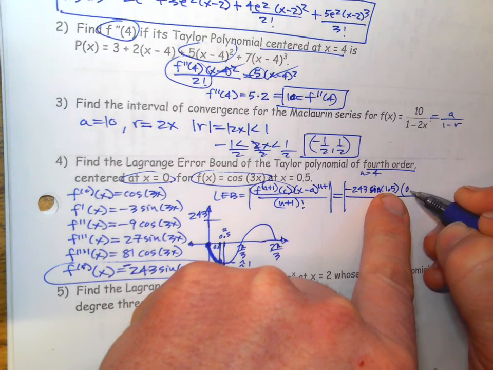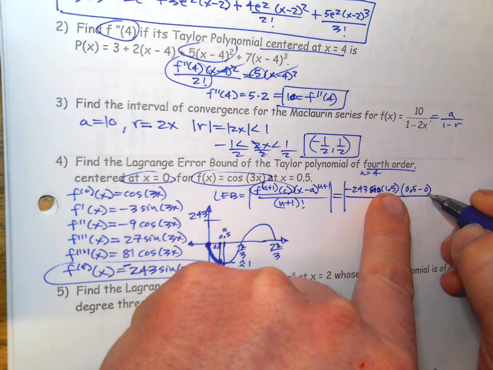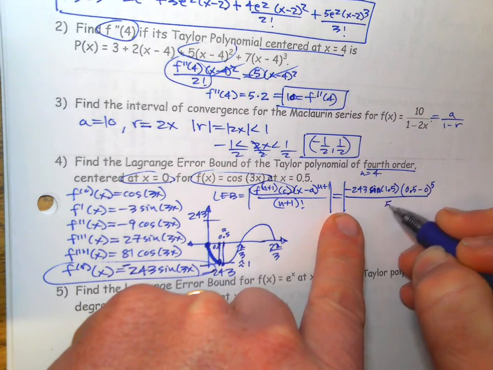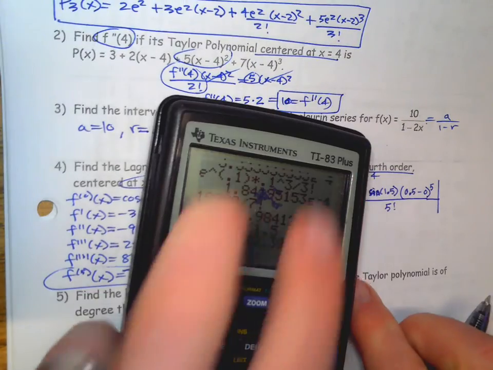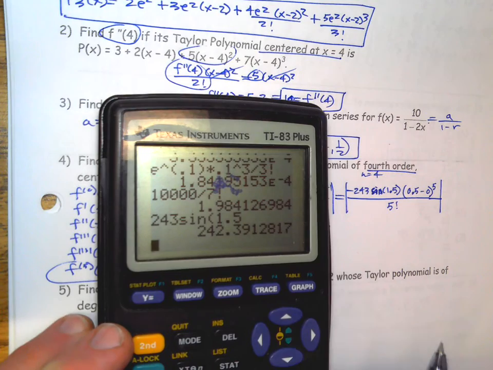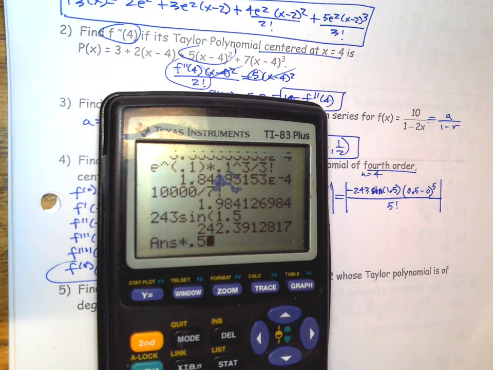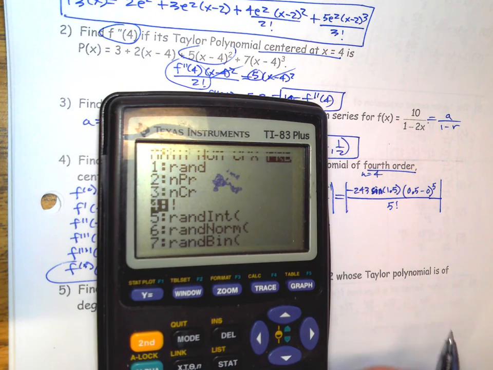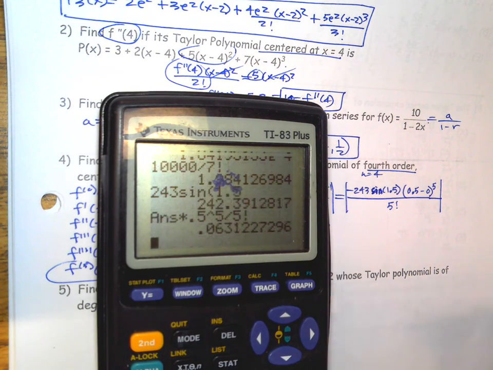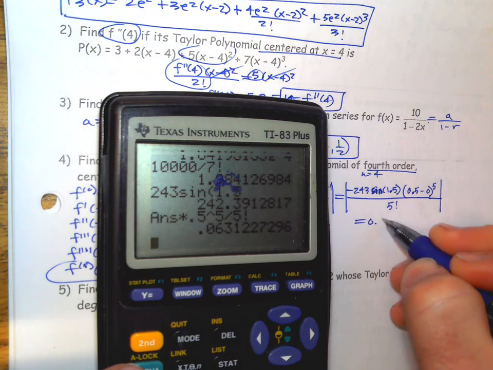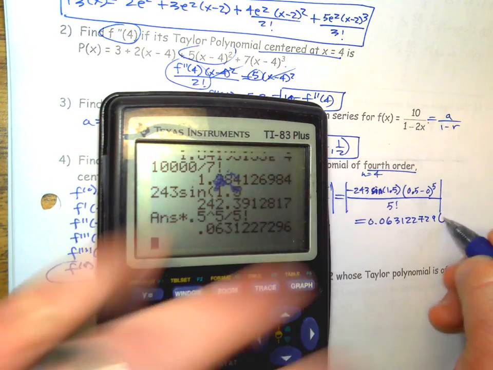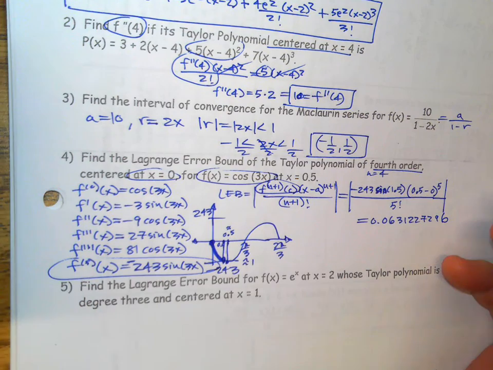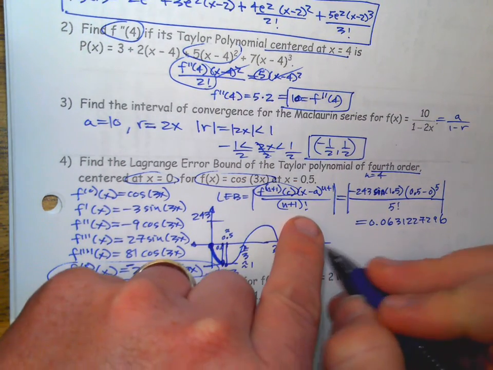We're evaluating at 0.5. The center is at 0. This would be fifth power over 5 factorial. So let's calculate that. So we got that already. Times 0.5 to the fifth divided by 5 factorial gives you 0.0631227296. So our answer, let's say we're doing 3 significant digits, would be